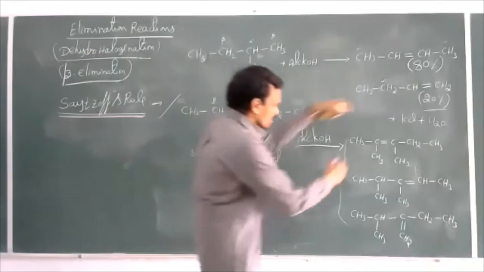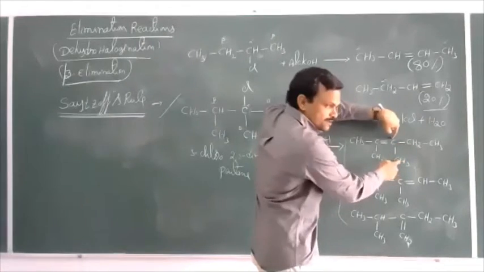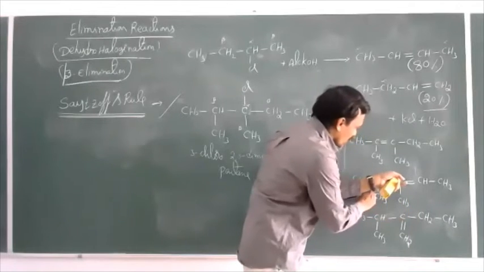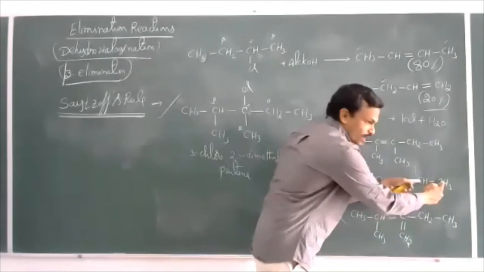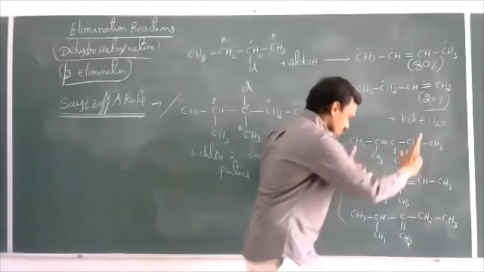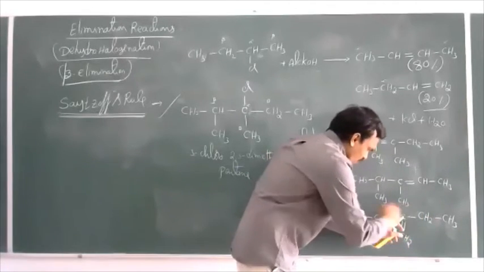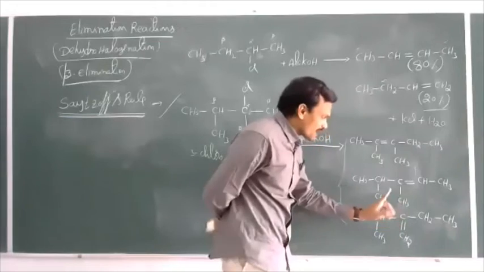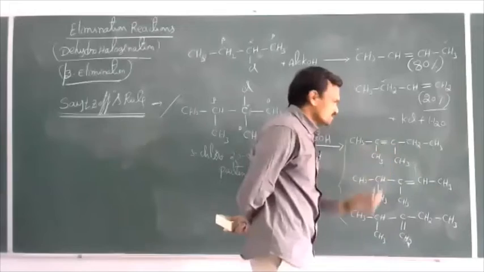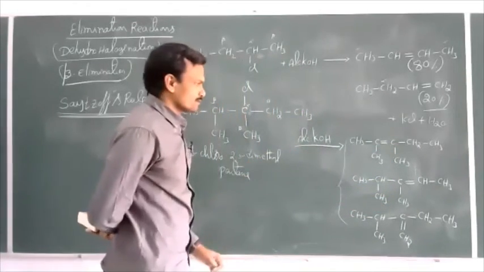Here, this double bonded carbon has 2 alkyl groups. This double bonded carbon also has 2 alkyl groups. This double bonded carbon has only 1 alkyl group. Here 3 alkyl groups are present. Here 4 alkyl groups are there. Now take this. Here there are no alkyl groups, but here 2 alkyl groups are there. So the double bonded carbons contain 2 alkyl groups. Here 3 alkyl groups, whereas here 4 alkyl groups. Where is the substitution more?